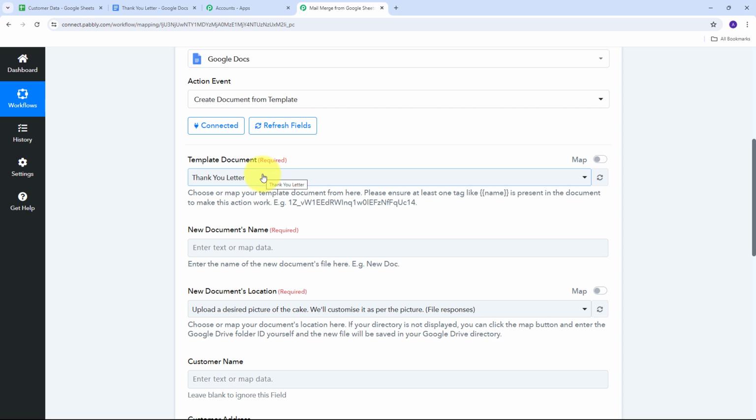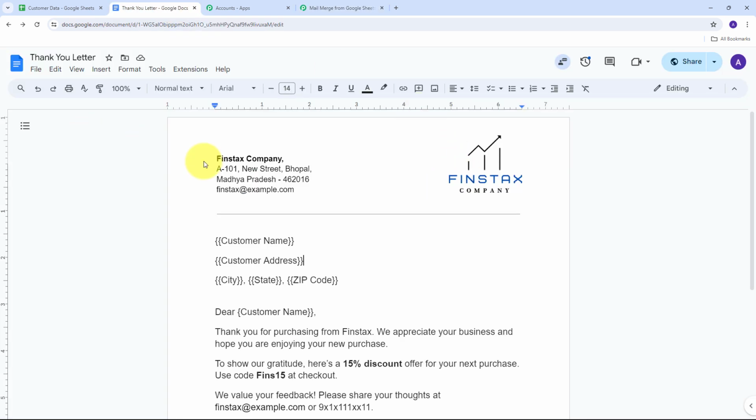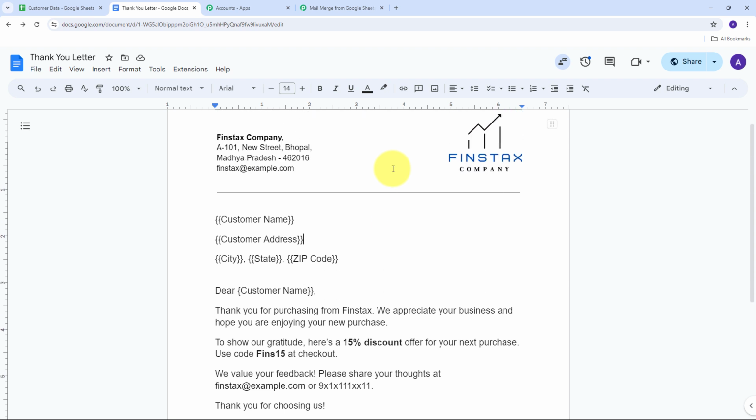So for this, let me take you to Google Docs. And here in Google Docs, I have created this template of document that is named thank you letter. And here this is my template, and in my template, I have all these variables. So everything that I have inside the curly brackets are my variables. And all these variables are going to get replaced with the data of my customer that I'm going to receive